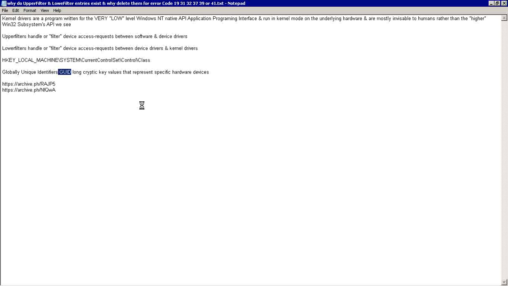Lower level filters are for hardware, very low level access, and the higher level one, or upper filters, are mostly the ones that alter the way things work with you. Like making my mouse cursor change to something else might be considered an upper filter, although I doubt it. I showed you an example of a lower filter being a driver that fakes having a SCSI system or something. And the entries for these that you will usually be instructed to go look in is the registry HKey local machine system, CurrentControlSet, control class, and then a GUID, a globally unique identifier, a long cryptic key value you can easily